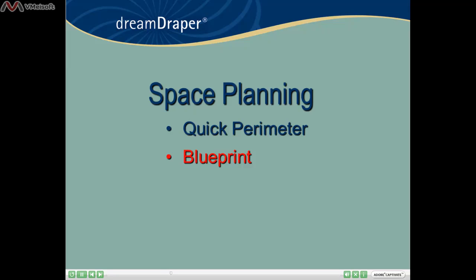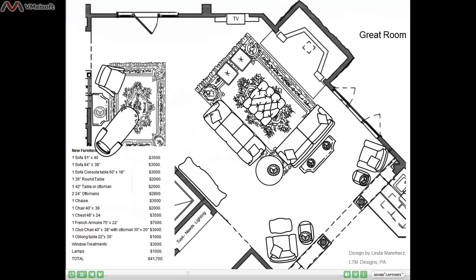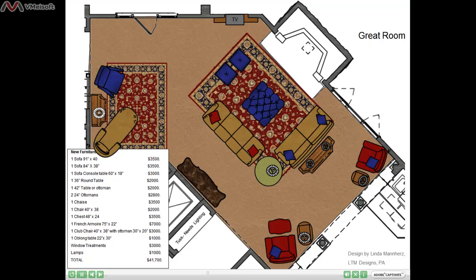We will also show you how you can design on top of a blueprint. You will be able to insert a blueprint onto the DreamDraper canvas, and you'll be able to add furniture and accessories right on top of that blueprint. And of course, you can always add color and other patterns to the DreamDraper templates and show your client various